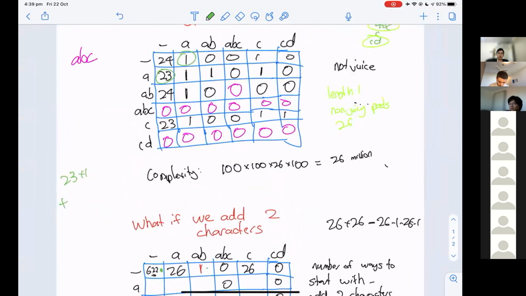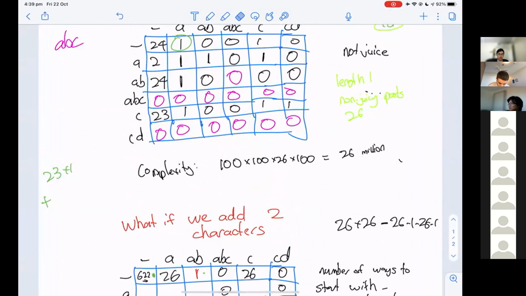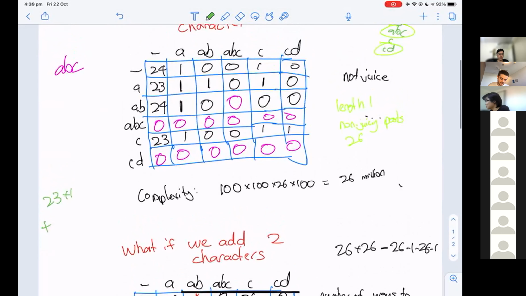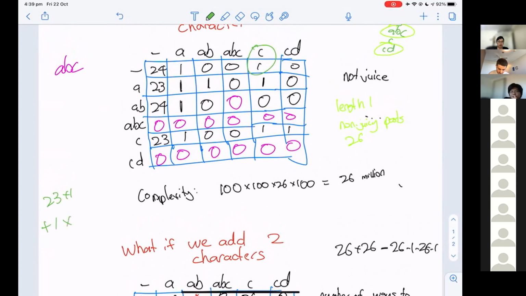Well, for B, we're going to have blank followed by B. Well, that's actually not an option. Sorry, blank followed by AB. We do it for every prefix. So blank followed by AB, there are 0 ways, so ignore it. What about blank followed by C? Blank followed by C, there's 1 way of doing it. So for blank followed by C, it's 1 times C followed by blank. That's 23. So we have 23 ways again. So we have 23 plus 23.